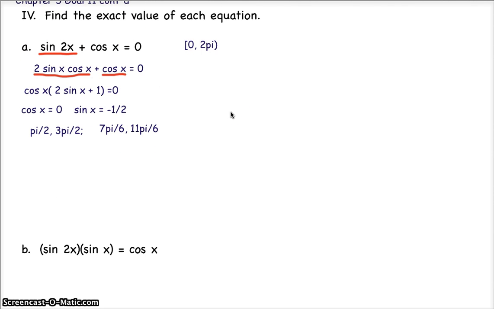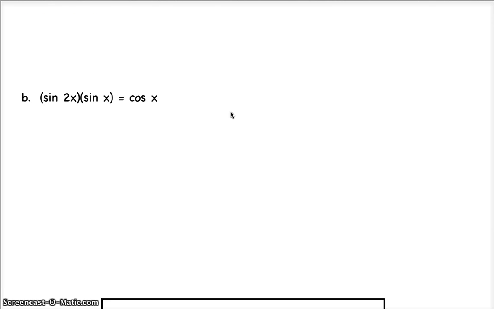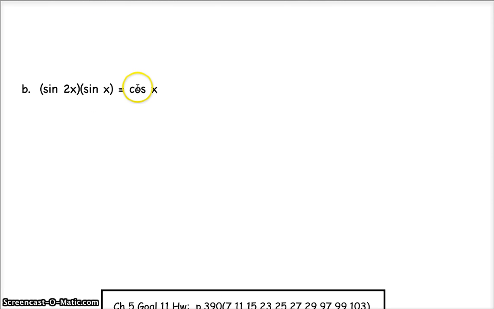Let's go to B. We're still finding the exact value of the equation. Before I look for the exact value, it is very important that this equation equals 0. On the quiz, many of you divided by the term on the right-hand side rather than subtracting it. And when you divide by it, it doesn't equal 0. That side equals 1. So let's make sure to remember to subtract that from both sides. So when we subtract from both sides,